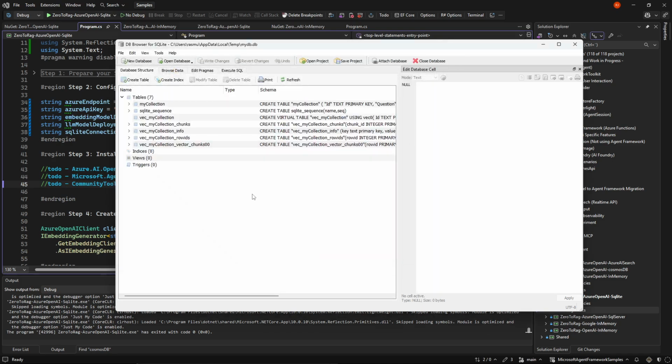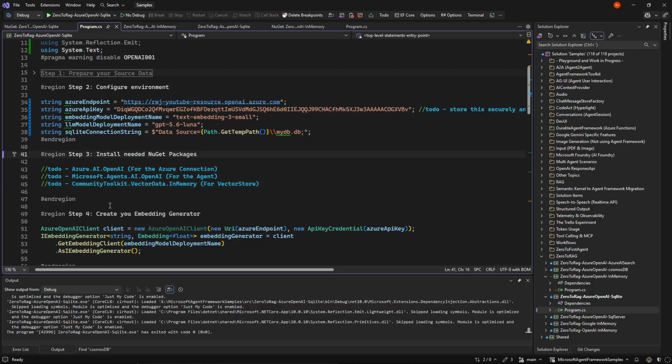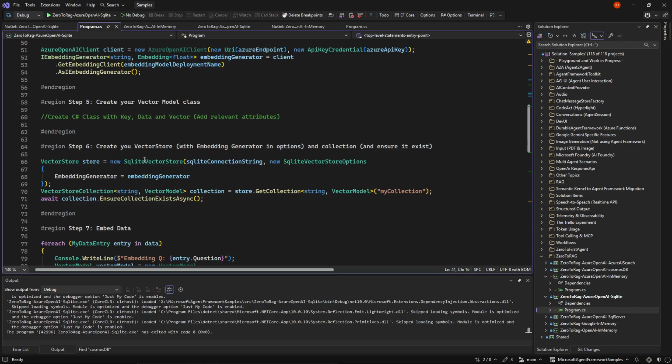You will see that SQLite is a bit strange in that it doesn't make just one table. It creates a bunch of extra tables in order to do vectorization. This is just a limitation of SQL. Every single one of the vector stores has a different way of doing things. But beyond that, there's nothing more to it than a different NuGet package down here with a connection string.